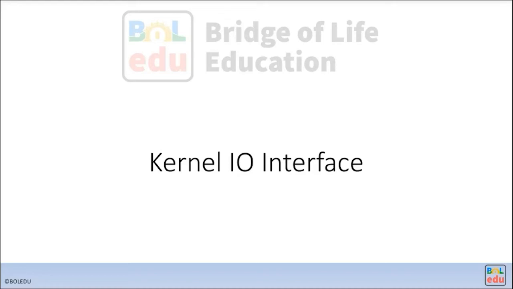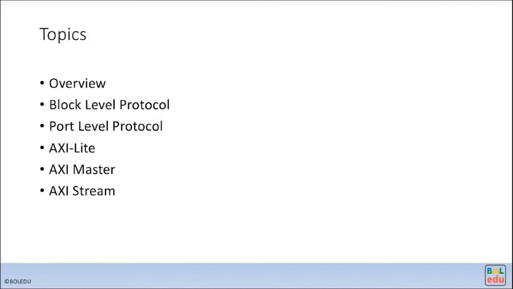So today we will address the kernel I/O interface. The kernel I/O interface basically has two levels. One is the block-level protocol, and one is the port-level protocol. The block-level protocol is the protocol that you initiate the module, and the port-level protocol means how you transfer